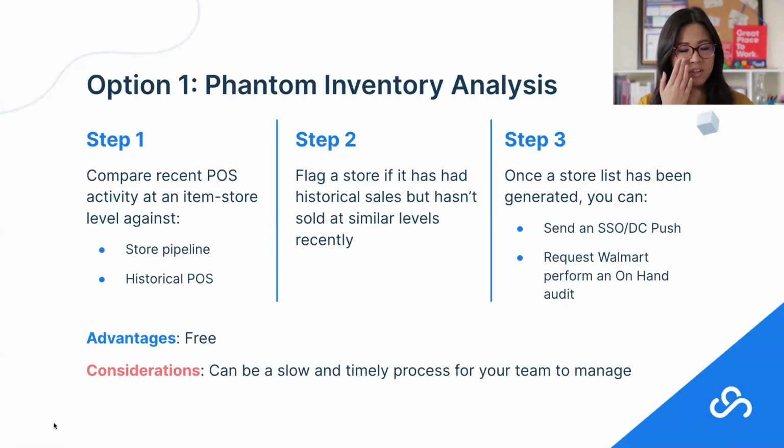So the first option is really just utilizing the resources that you already have available to you. You do have the ability to pull data out of Retail Link. And to those of you who are newer to Walmart, newer in your journey, you should have either heard of or already utilized an app called Decision Support. That is really where you can pull a lot of this POS, forecast, and pipeline data out of. So how I would recommend that you do this DSS or Decision Support analysis is, step one: